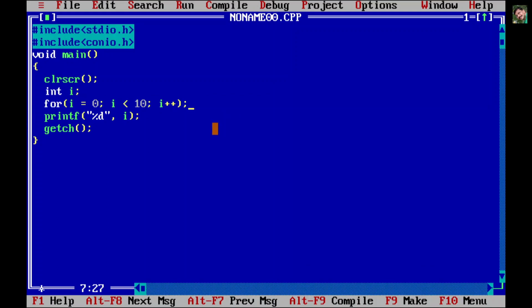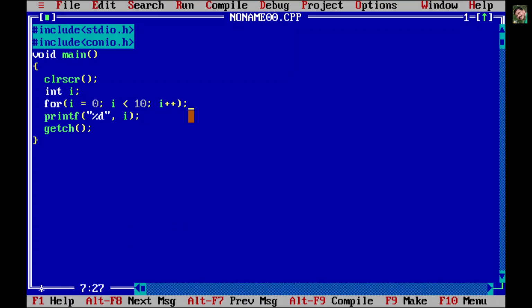You are not including anything in the for loop, and if you don't put a semicolon, then the very first statement after for is considered within the loop. Or if you want to write more statements, then you should follow this method of putting curly brackets, and this is a good practice. So remember, it is very important to put curly brackets so that you can easily come to know which statements are coming within the for loop.